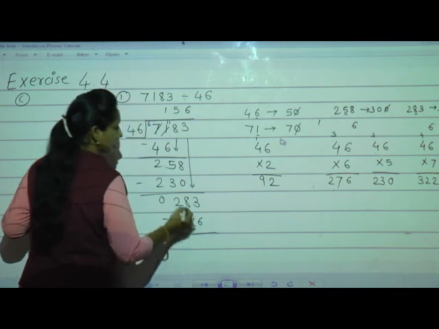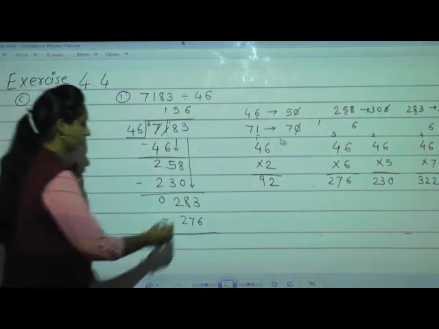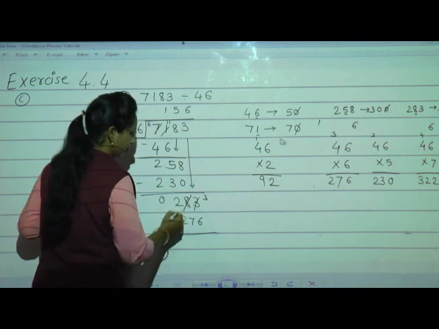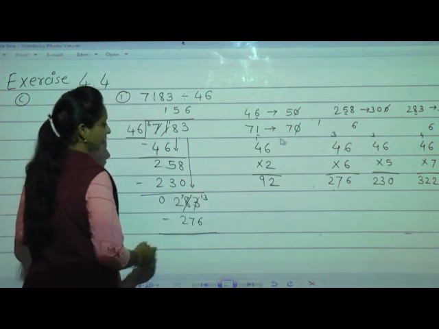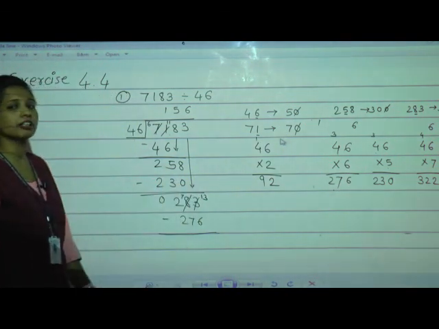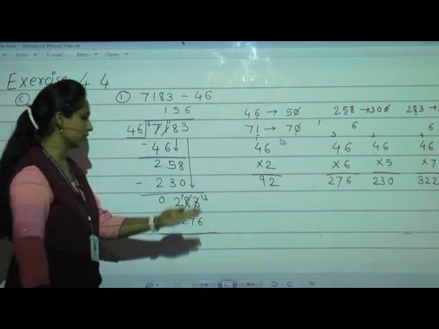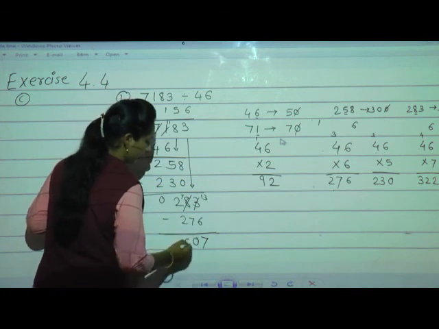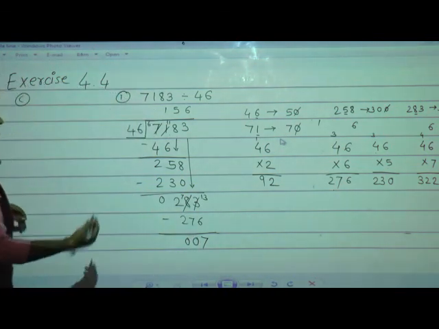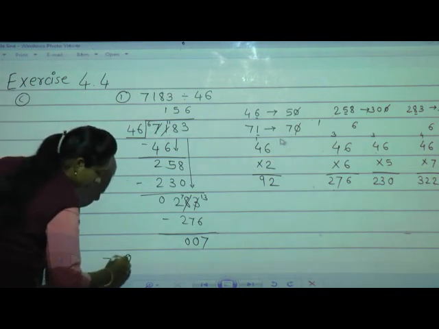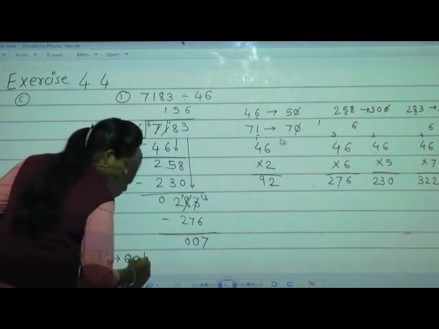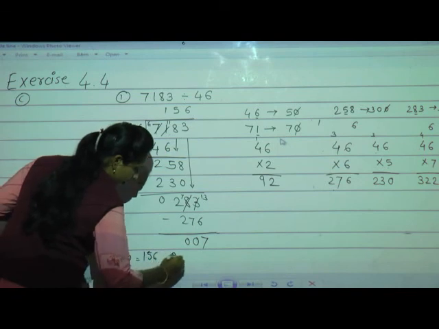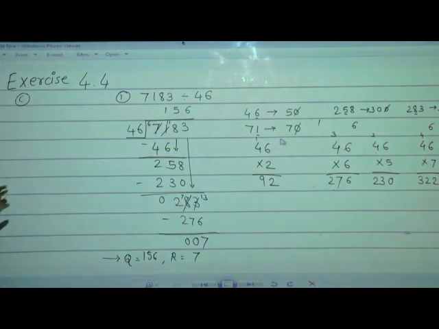Now subtract 3 minus 6. We cannot, cut the 3, write it as it is. Take borrow from the neighbor. The neighbor is having 8. He will give 1. 7 will remain. Now count after 6 till 13 comes. 6, after that 7, 8, 9, 10, 11, 12, 13. How many? 7. Now 7 minus 7 is 0. 2 minus 2 is 0. Now see, 7 is remaining. What is the quotient here? 156. And what is the remainder here? 7. Clear? Understood? Yes. Now I'll solve one more example for you.